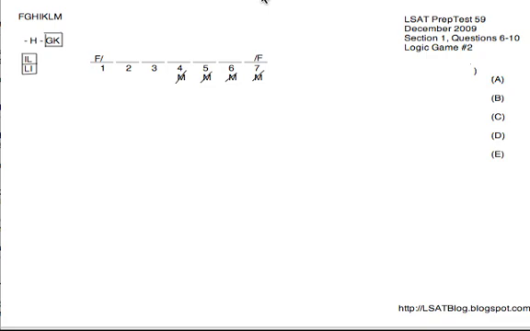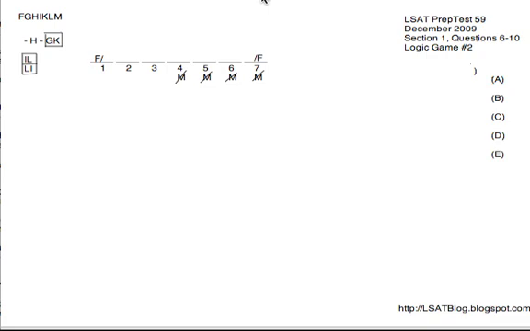Hey guys, this is test 59 game 2. This is the Museum Curator's Photographs game. It's an ordering game. We know this because the photographs are hung along the wall in 7 positions sequentially numbered. So the word sequentially here, and the numbers 1 through 7 in general, are your indications that this is